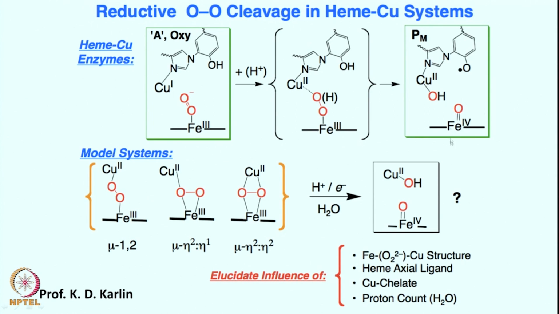We would also get high valent iron oxide intermediate formation. We have seen the nature of these iron copper species. It could be an end on bound geometry, it could be side on end on bound geometry, or it could be side on and side on bound geometry. But most likely if it is a tetradentate ligand, then this is the species forming. If it is a tridentate ligand, this is the species forming.